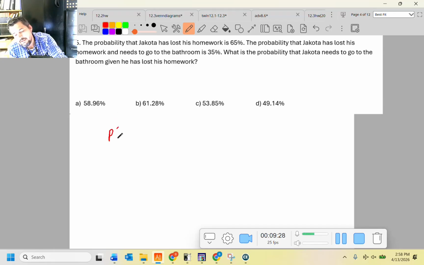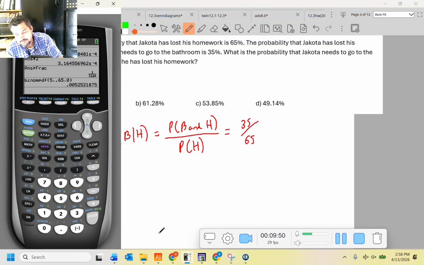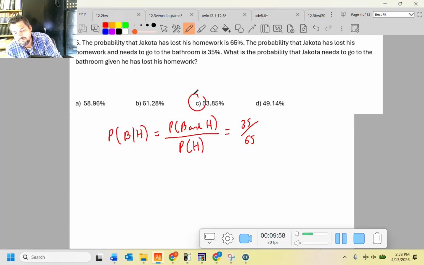So the probability of bathroom given we lost the homework would be the probability of bathroom and homework over the probability of losing his homework. Now the probability he's lost his homework and needs to go to the bathroom is 35%. The probability he lost his homework is 65%. So I just type in 35 over 65 and I look for the equivalent percentage and I get roughly 54. See it right there, 0.5384,